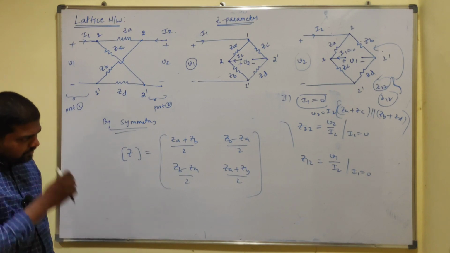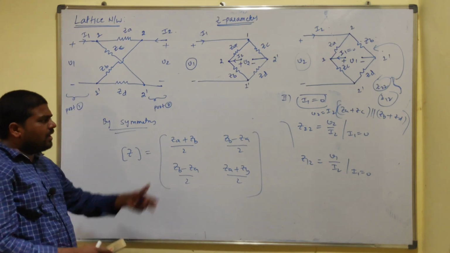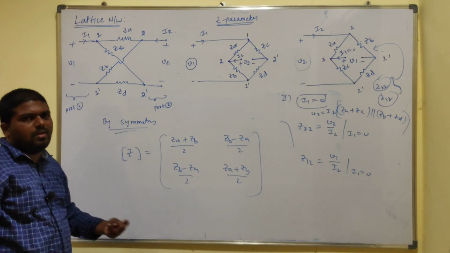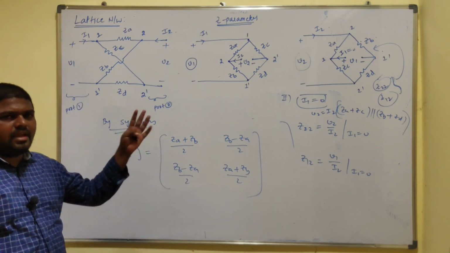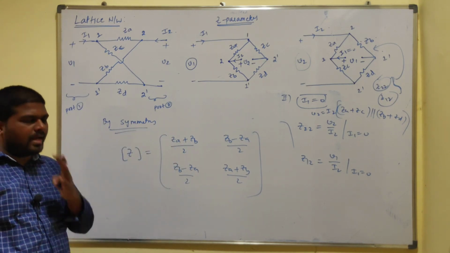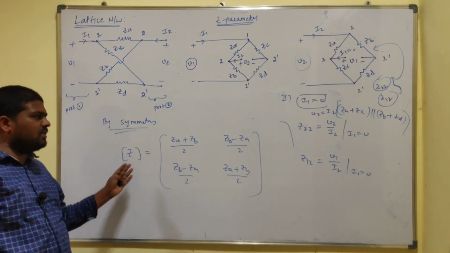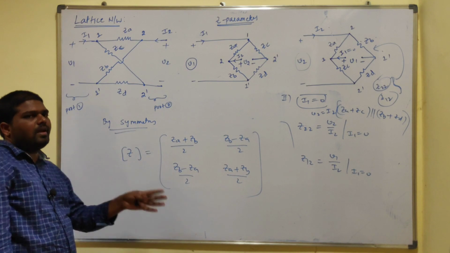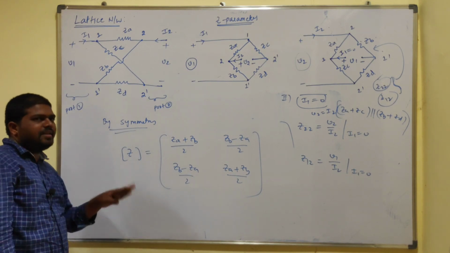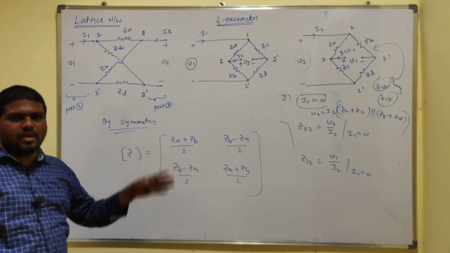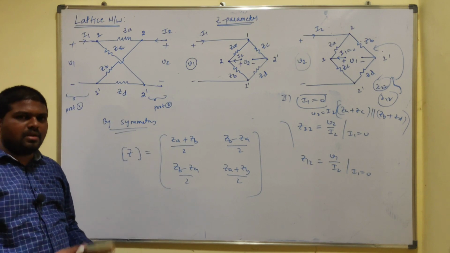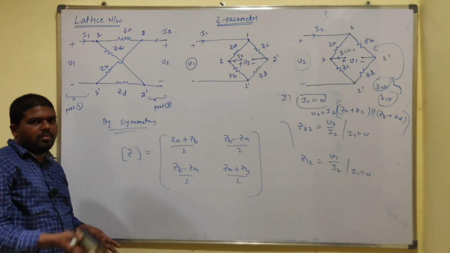And next, once you get the Z parameters, you can find out any of the rest of the parameters. You can just convert it into that particular parameter. Suppose Z is there and you want Y, so Z to Y conversion. You want H, Z to H conversion. Conversion formulas are already there, conversion methods are also there. You can apply any one method; the method will give the result and the formula will also give the result.